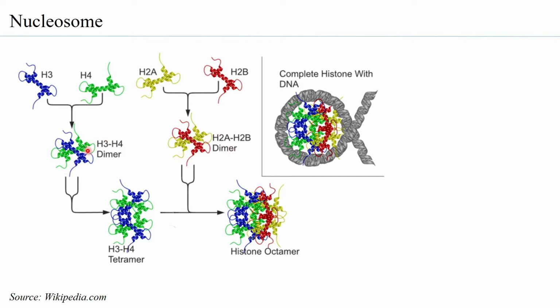Then it is observed that the H3H4 dimers, 2 dimers come together to form an H3H4 tetramer. And this H3H4 tetramer is the nucleation point for the 2 coils of the DNA around. So you can observe that once you have the H3H4 tetramer formed, the DNA can already start winding around it. So you can already have contacts made by the DNA, and you will have that the supercoils of the DNA are being formed even before the H2A H2B are actually binding. So thereafter what happens is that the H2A H2B dimers also come one after the other and complete the octamer.